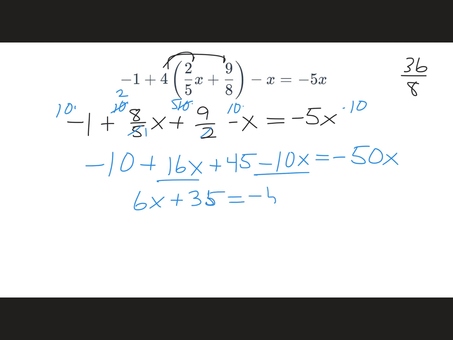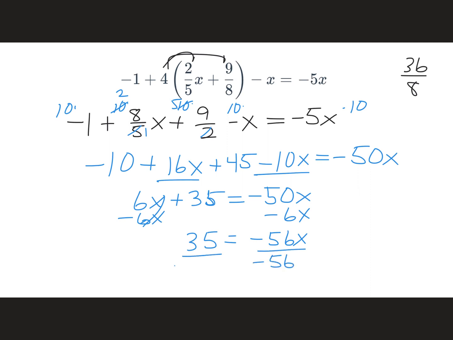equals negative 50x. I'm going to get rid of the 6x, even though it's not the smallest, but that will leave my 35 by itself. And there's something I want you to see, because this looks ugly, really, to be honest. But here we go. So when I do this, I have x equals 35 over negative 56,